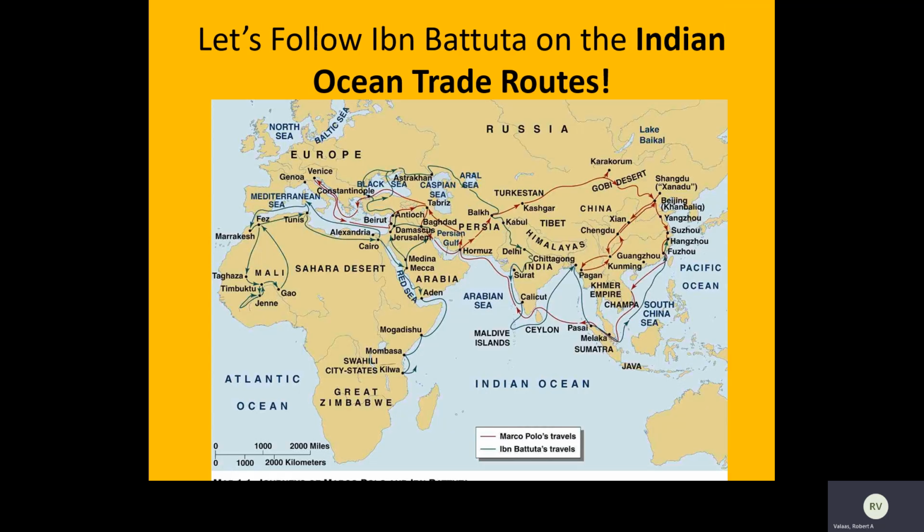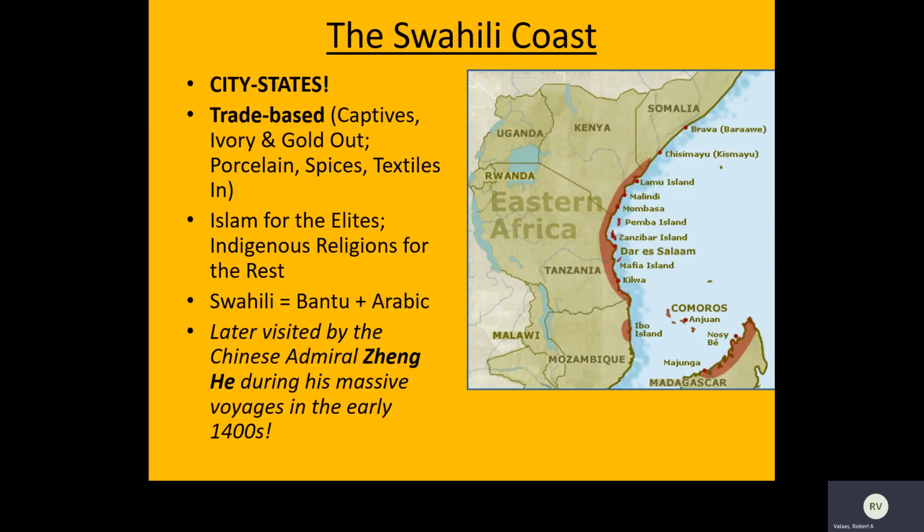So now that we've kind of laid the groundwork of where Ibn Battuta came from, the world of Islam, and how they traveled and what traveled with them on these trade routes, let's do a little traveling with them to visit some of these places in the global tapestry too. So let's start by following Ibn Battuta here on the Indian Ocean trade route. So we'll set sail here,